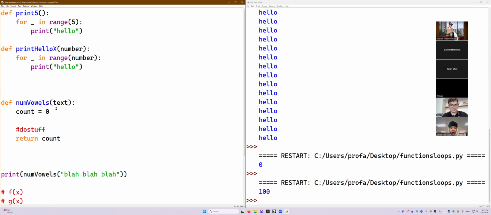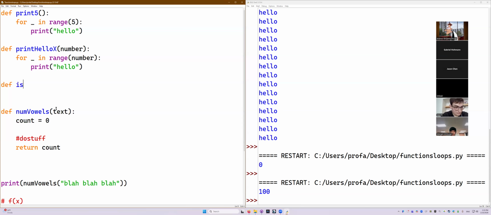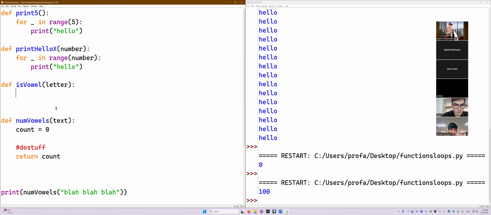So what I'm going to do first, to make things easier for myself and focus in on a smaller problem, is write a separate function. Def is vowel, which takes in a letter. And then it's going to tell me whether that letter is a vowel or not. Now we can do this in a few different ways, actually. Okay. Now, if you've been reading your book,